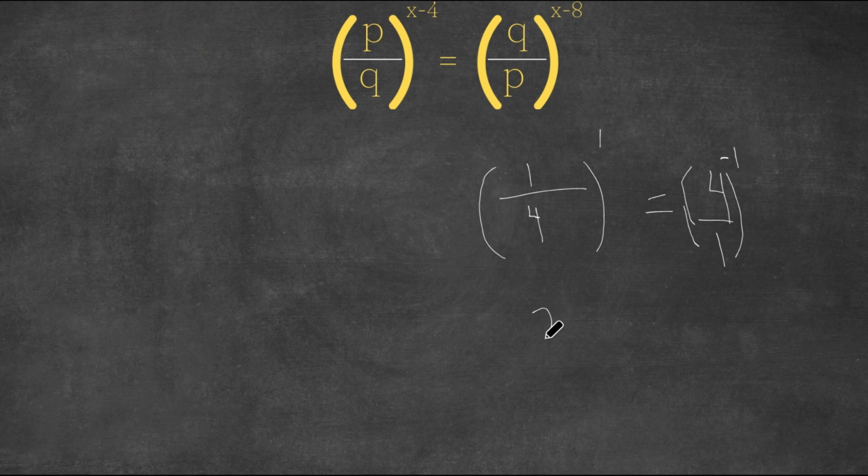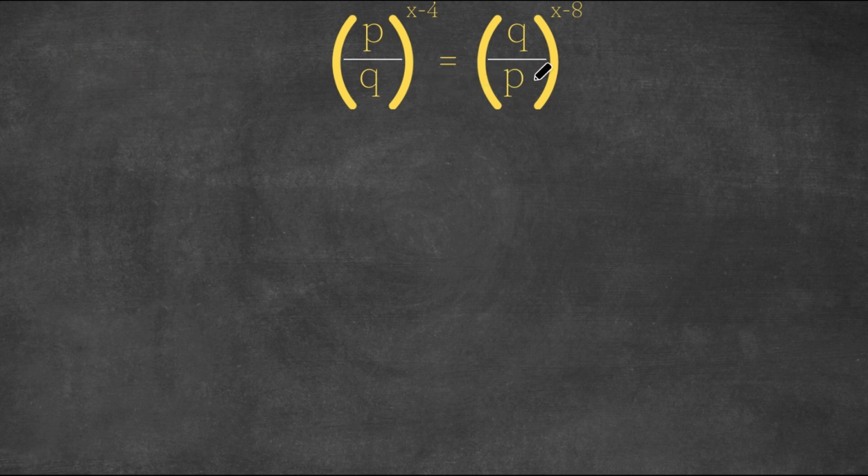Let's do 2 to the power of 8. This is to the power of 1, and this is also equal to 8 to the power of 2 to the power of negative 1. So when we change it into its reciprocal form, we multiply the exponents by negative 1. So by using this new knowledge, if we want to flip q over p to p over q so that both of their bases are equal,